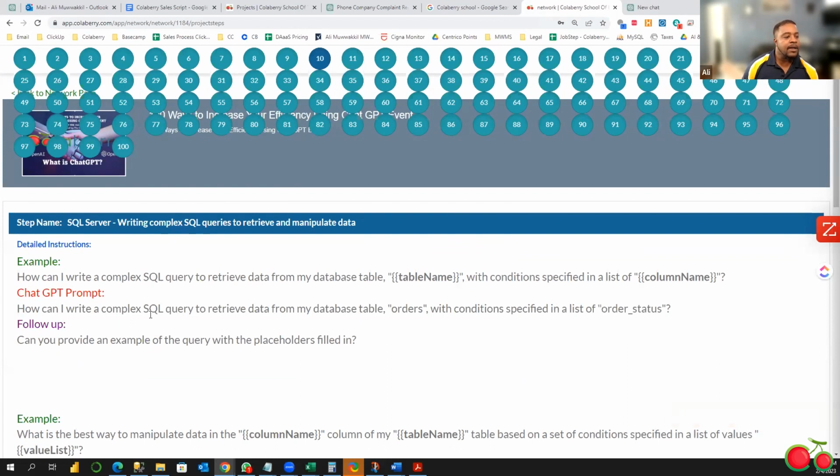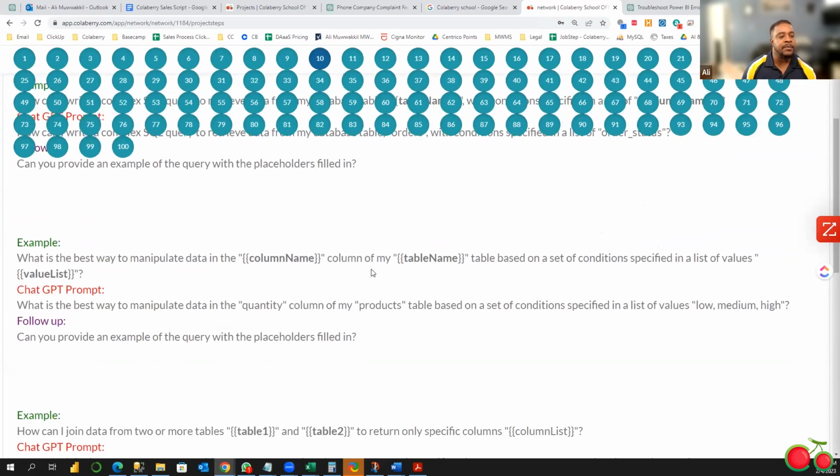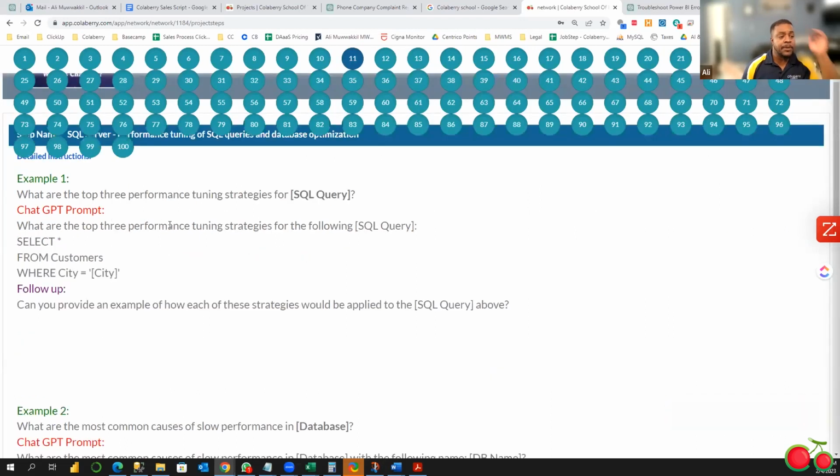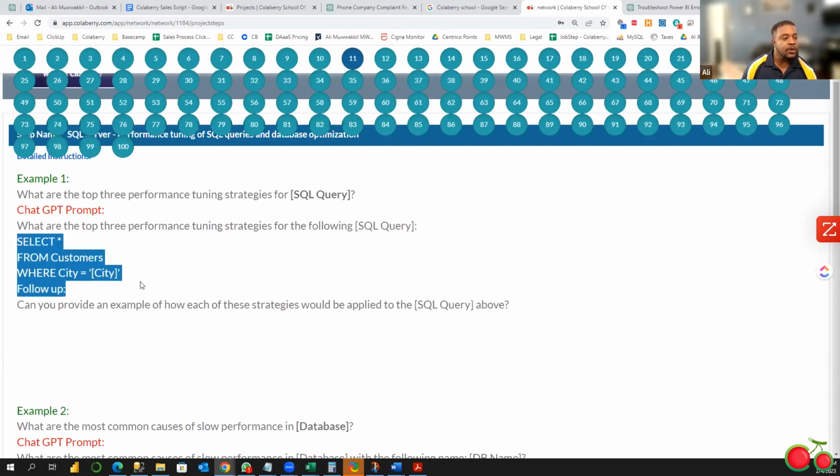So how can I write a complex SQL query to retrieve data from my database table? What are the best ways to manipulate data in this column, plug in the table? How can I join 2 or more tables? You can give this thing structure. I'll get to that in a little bit. All right, what are the top 3 performance tuning strategies for a SQL Server query? Okay, and then you can plug in a